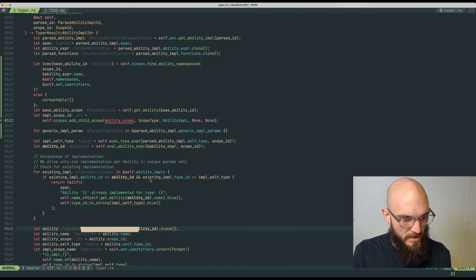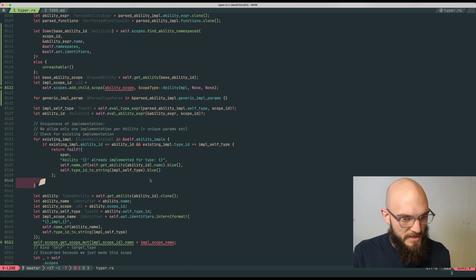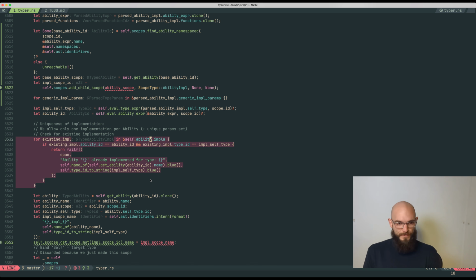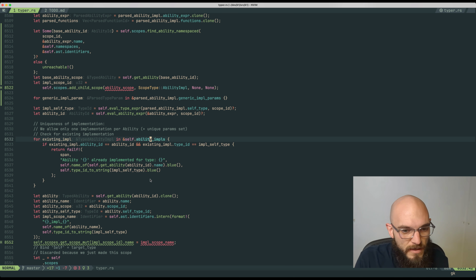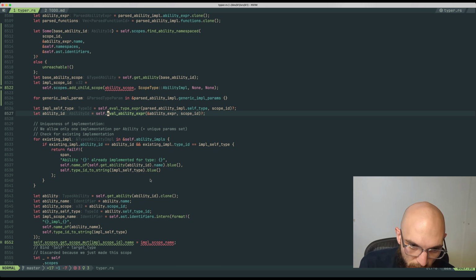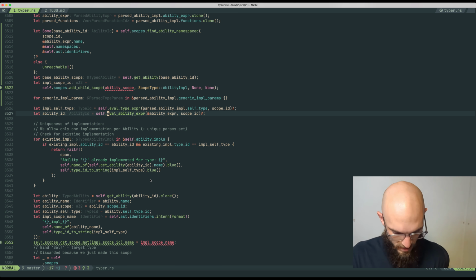So the first thing I saw is that I have this check for if we've already implemented the ability. And I was doing that. So I was evaluating the self-type expression and the ability expression before creating the new scope, which doesn't work because